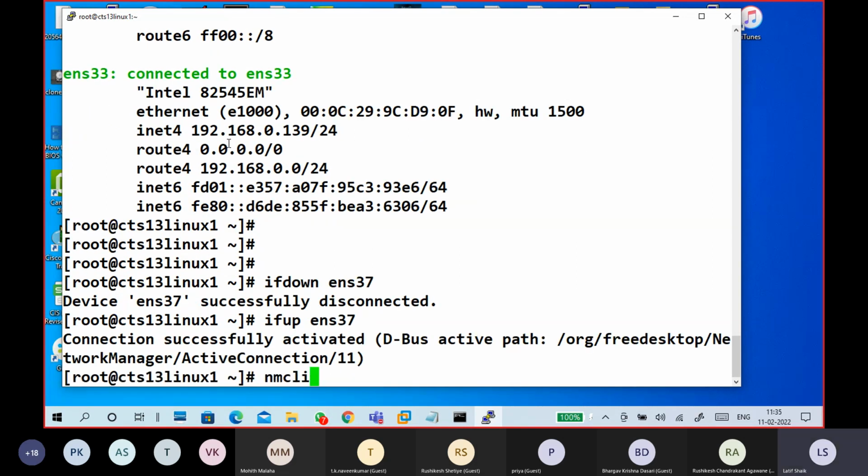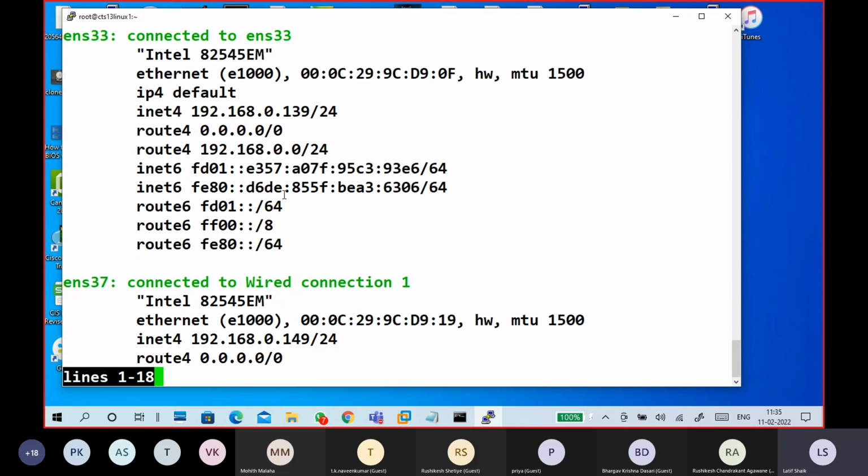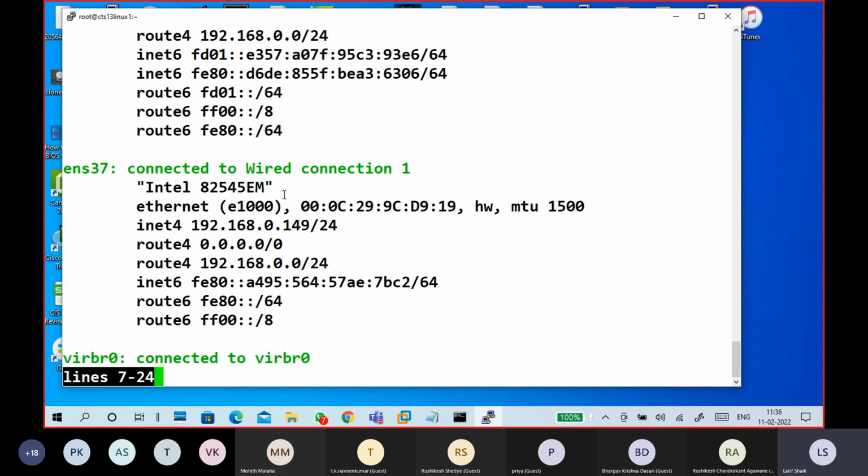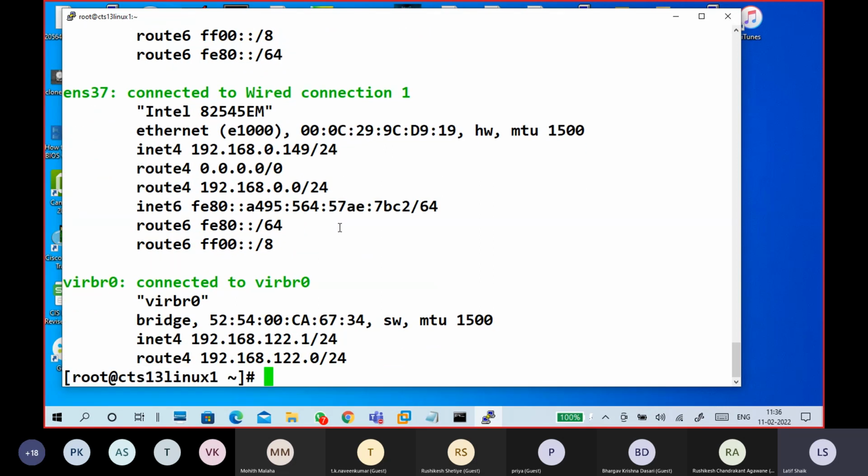Now check it again. Any changes? See, now that one is gone. That 109 is gone. So ifup, ifdown means disable the adapter, enable the adapter, will give you the output.